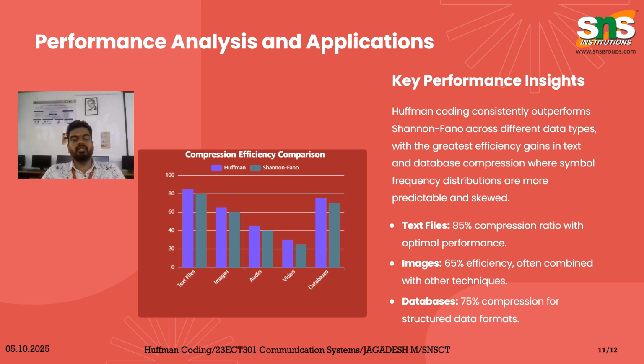And performance analysis and applications. Some key performance figures are: text files, 85% compression ratio with optimal performance; images, 65% efficiency, often combined with other techniques; and databases, 75% compression is possible